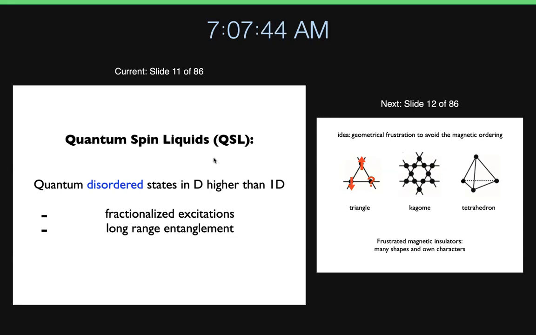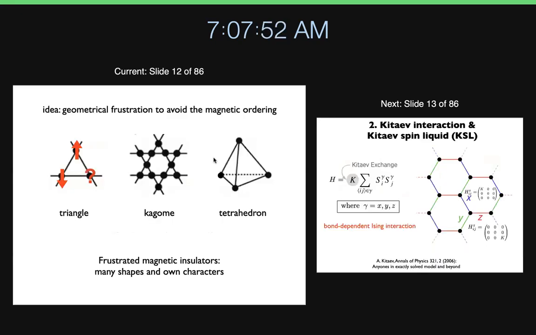And this is an example of topological order, a modern concept, which has to be described by long-range entanglement. Okay, so the idea of getting into the quantum spin liquid in the past was mainly trying to get it from geometrical frustration to avoid magnetic order. We like to have those kinds of singlets, or one kind of topological order, covering all of our lattice. So that was the idea. But then they come in different shapes. And I think that these are still very hot areas, especially with the Gomez and so on.